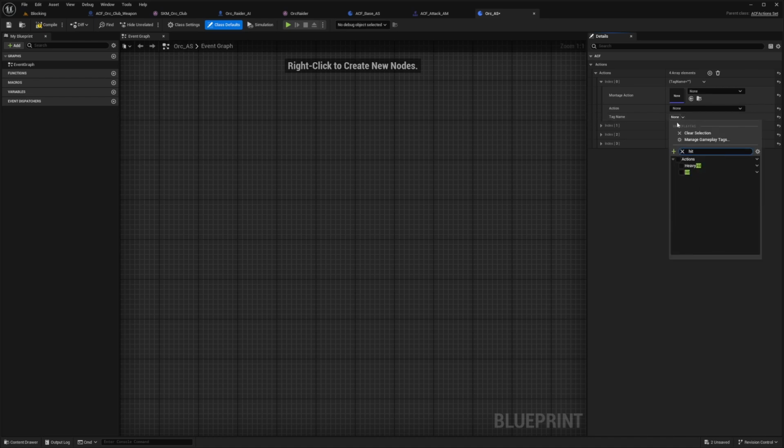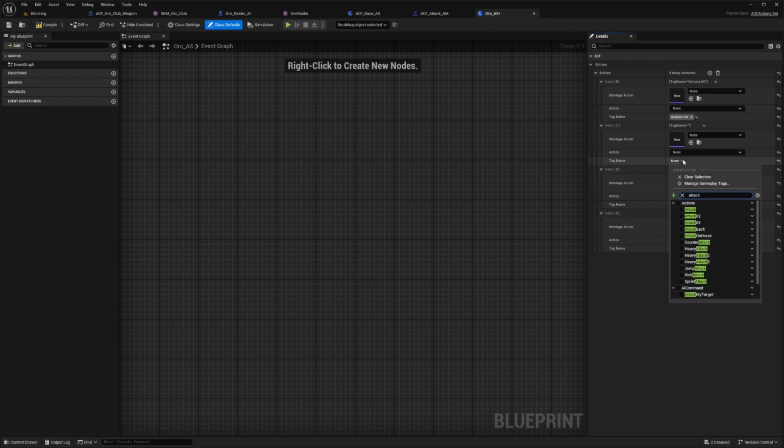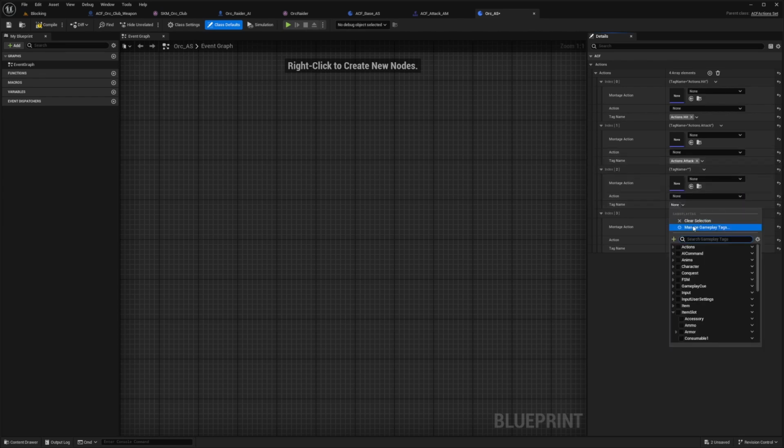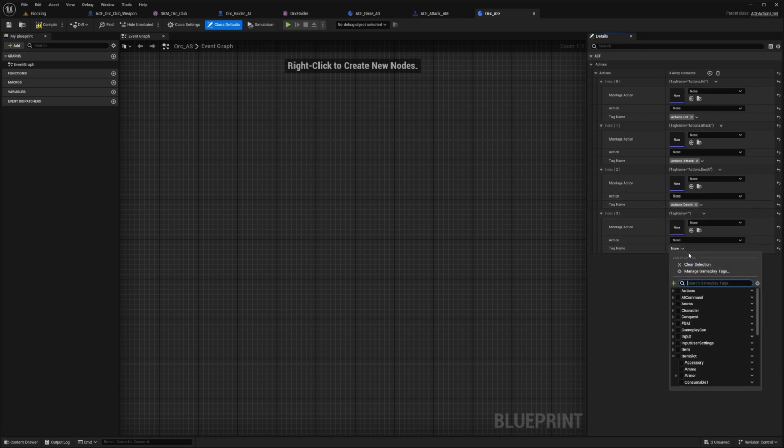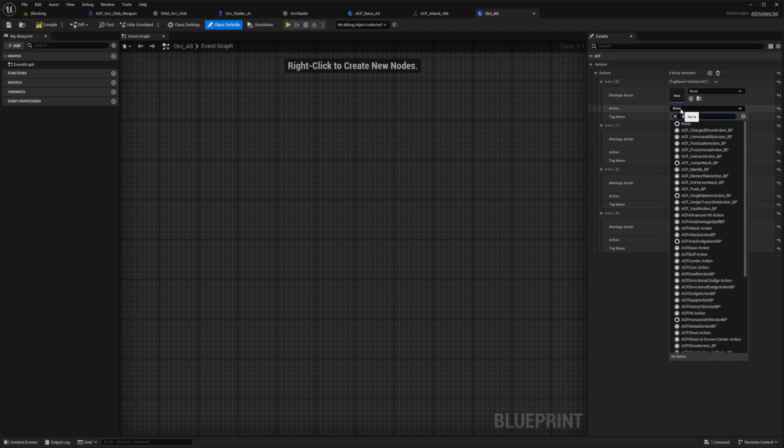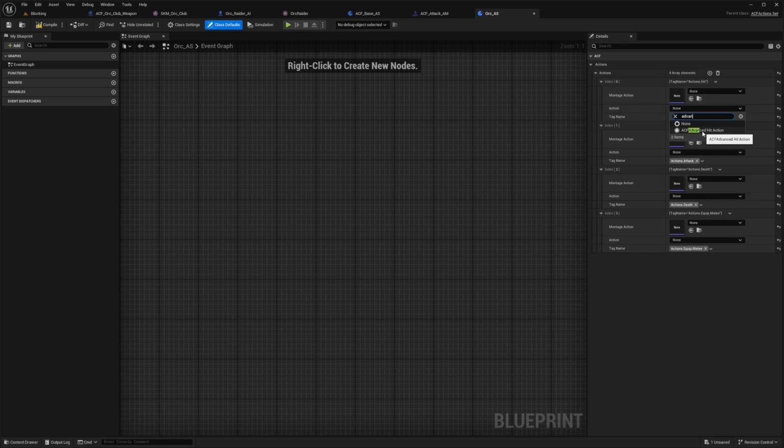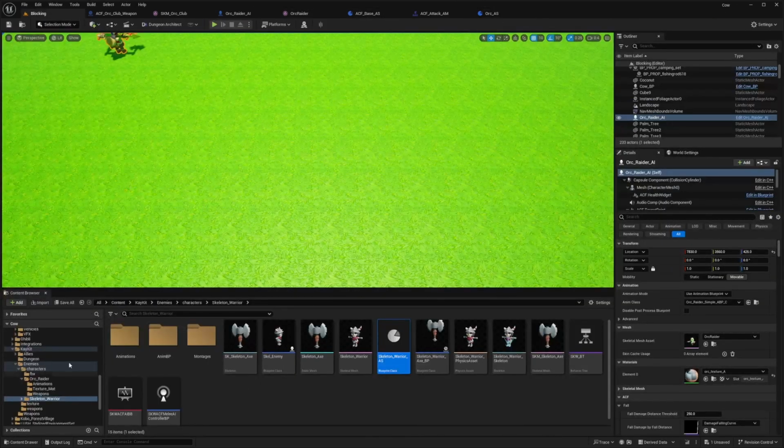So this is going to be my hit animation. This one will be my attack animation, actions.attack. This one will be my death animation, actions.death. And this one will be my equip.melee. And now let's start with the hit. So I'm going to select the ACF advanced hit action, and now I need to select a montage. So now I'll go back to my